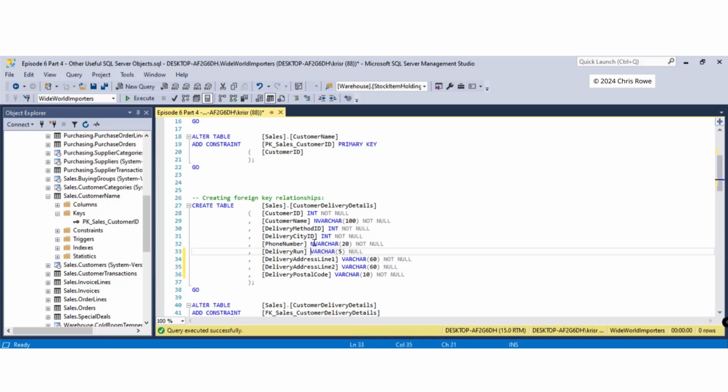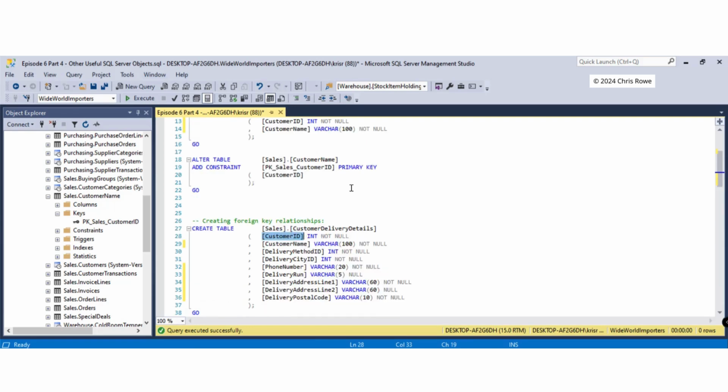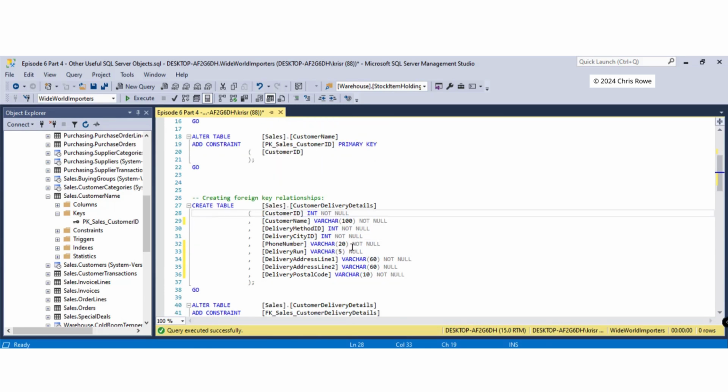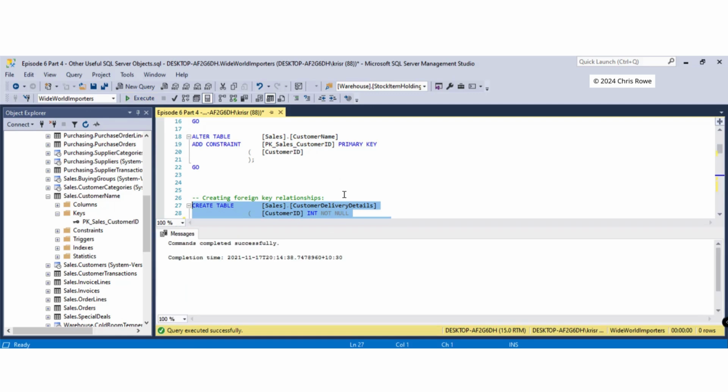We'll keep them all as varchar for now, because we're not using any foreign characters from different languages, so we're happy to keep them as varchar in there. Now obviously we need something to link the primary key to, so we're going to have our customer ID as well, and we're just simply going to create the table as is. So let's execute that,